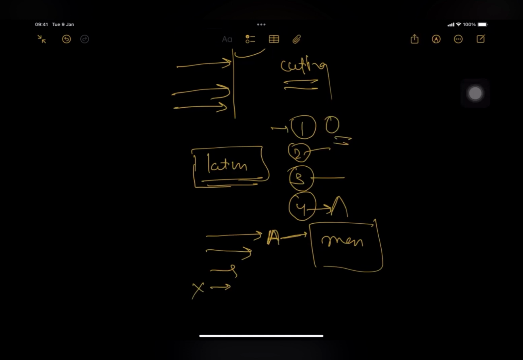You understand? It will start the run. So for this purpose we use countdown latch. Anywhere you have this type of scenario, where, let us assume, there are three or four threads, and